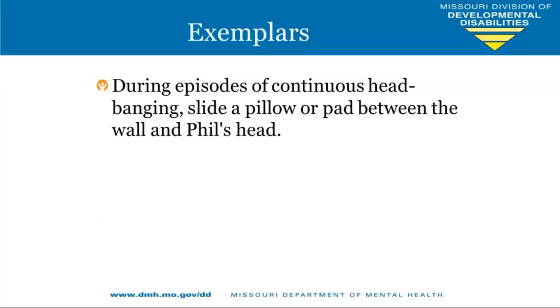Yep, I agree, Karen. Continuous should be defined a little bit better. So more than once in a 10 or 15 second period, or more than once in a 5-minute period, depending on how likely it is that multiple head strikes to the wall will occur. For example, let's say Phil tends to hit his head one time and he's done, fine. Let's say if he hits his head, the likelihood he's going to hit his head again is extremely high, even if it's 5 minutes later, and so maybe continuous would include any